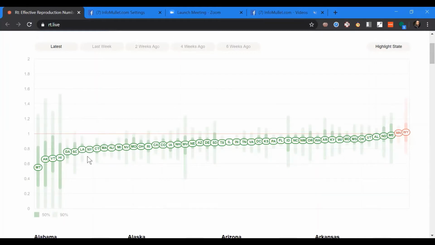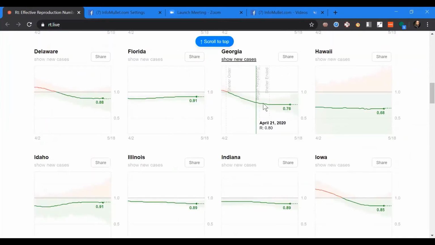But each state has an individual chart that you can click on. I'm going to click on Georgia. Again, I love this website because you can really dig into each thing. For each state, when you hover over it, it shows when they put the shelter order in, when they began reopening, and when shelter orders ended. So it gives you that useful reference point that a lot of charts are missing: when did we go into lockdown, and when did we lift lockdown?